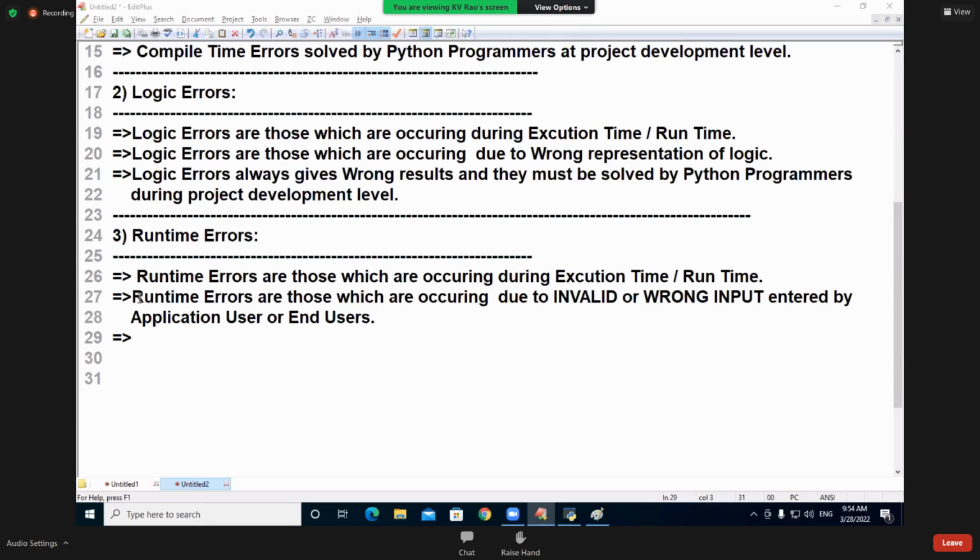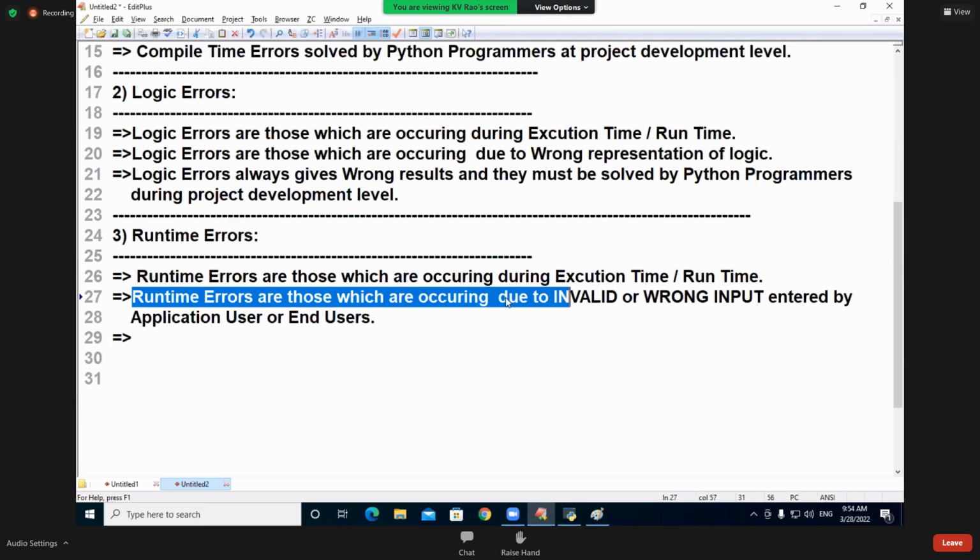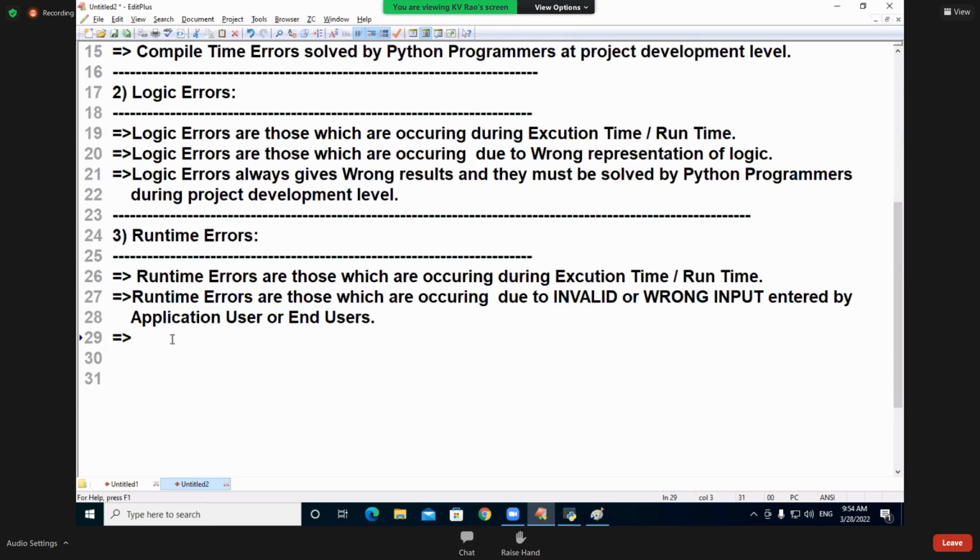I am going to say, runtime errors are those which occur due to invalid or wrong inputs entered by the application user. Now, I am writing one important point.